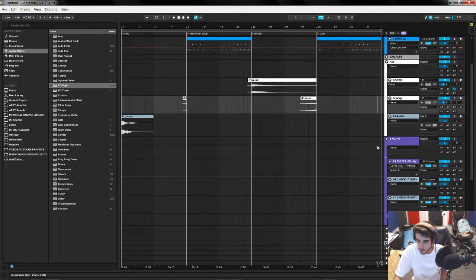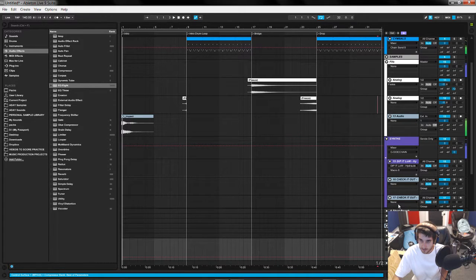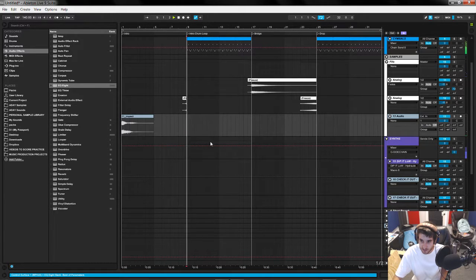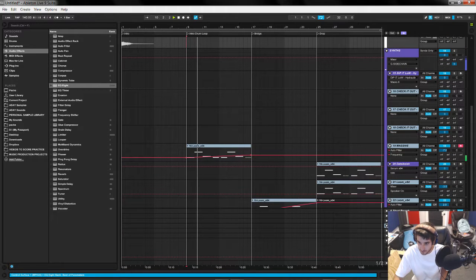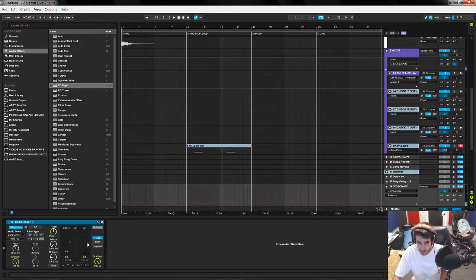Now you go to this. You go sends only, and then we're gonna feed it all the way to the side chain. So it literally does not change the volume or anything unless you have the side chain turned down. Everything in that group's here now, and you can see side chain, boom.